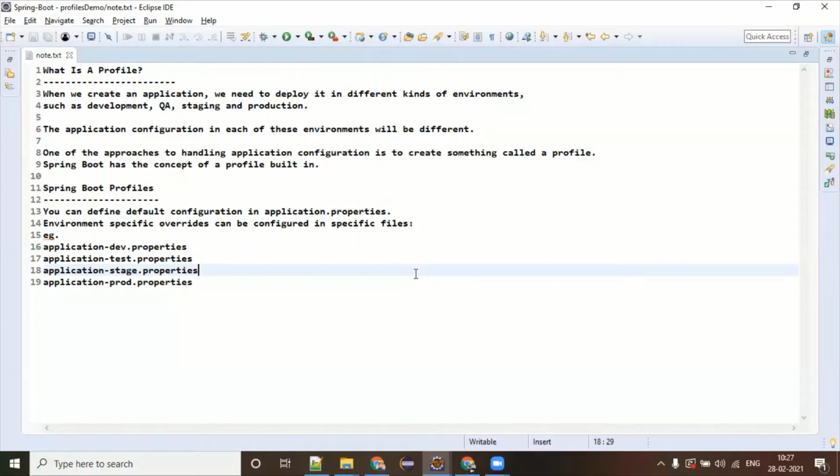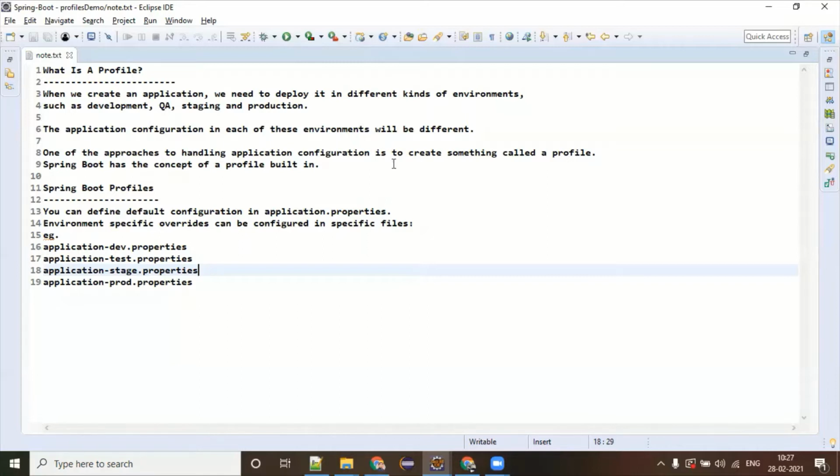Instead, why don't you have a different set of configurations for different environments, which you can just plug in and plug out. So you really don't need to override your configuration.